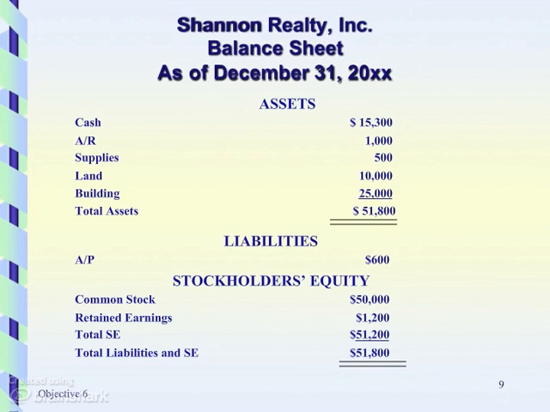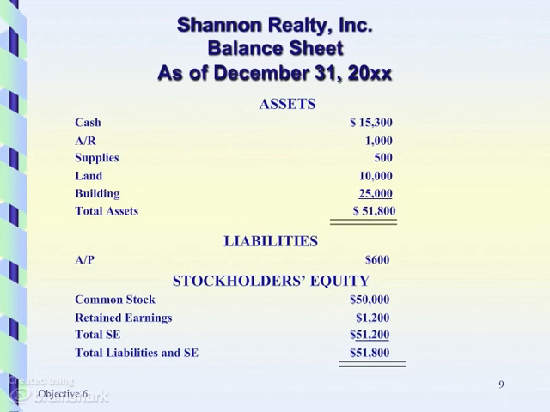Here's an example of a balance sheet. It looks slightly different than the balance sheets we've looked at during the first half of the year, in that instead of our assets being shown on the left side and our liabilities and stockholders' equity being shown on the right side, we now lay them out vertically, with our assets being at the top of the page and our liabilities and stockholders' equity being below that. We still do have our heading, the name of the company, the name of the financial report, and as you can see here, we see it as of a date in time,